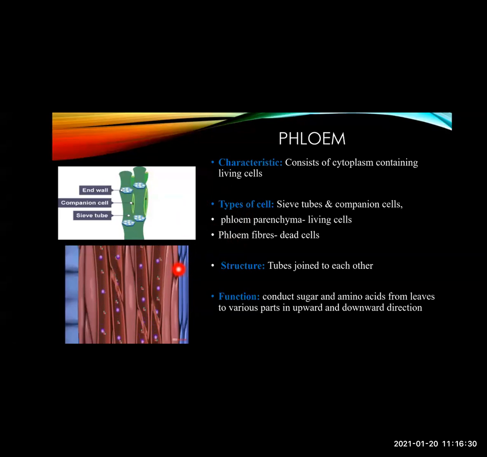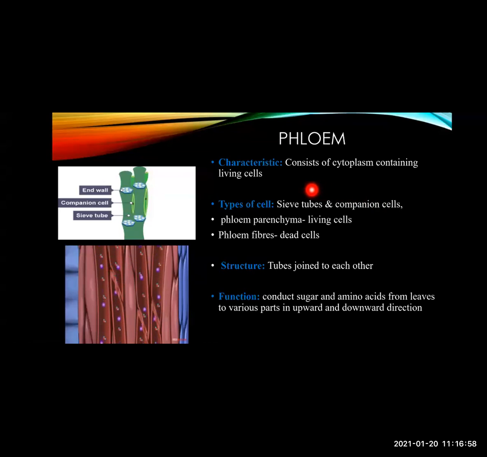Remember, the major cell types are sieve tube and the companion cell. These are the companion cells, these are the sieve tube cells. This is the sieve plate. You can see this oblique structure, that is a sieve tube, which helps in passing the nutrients from one cell to the other cells. I'll repeat it again.